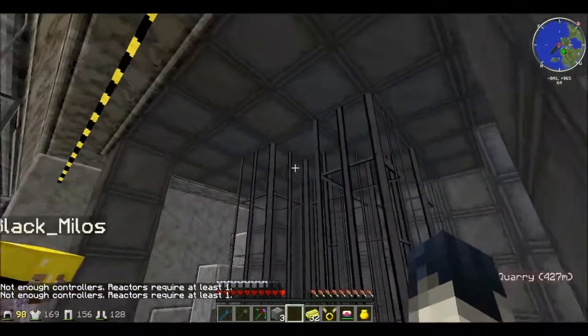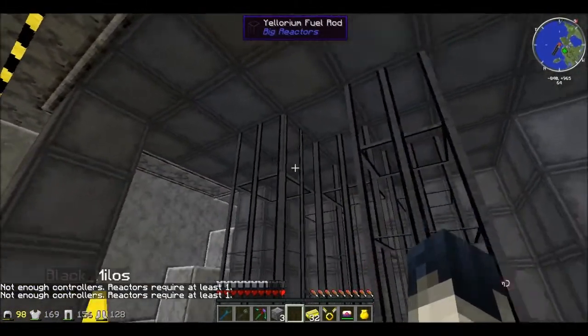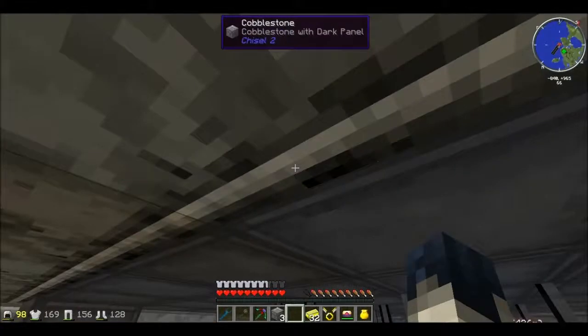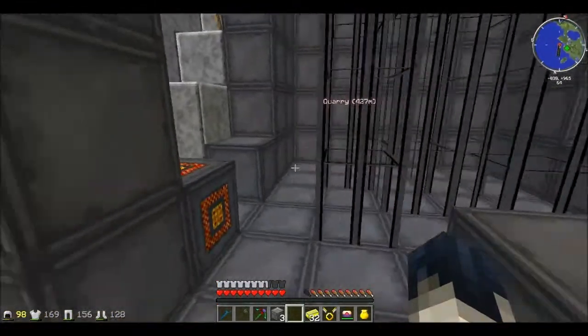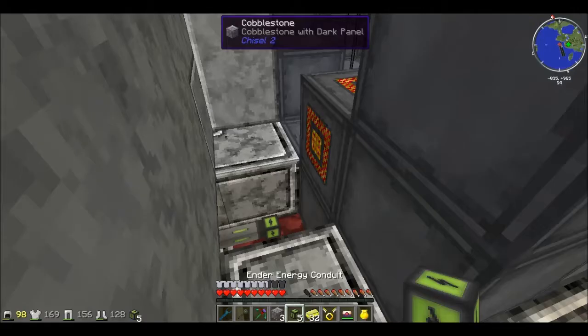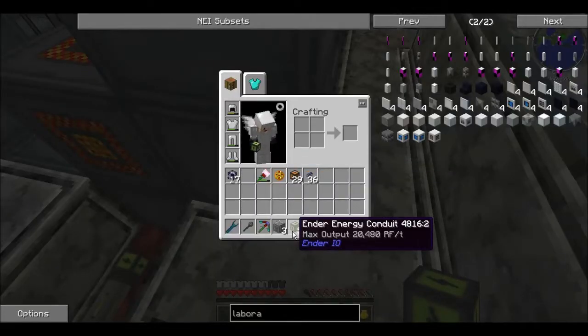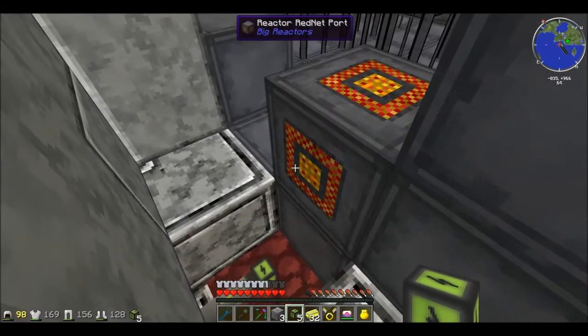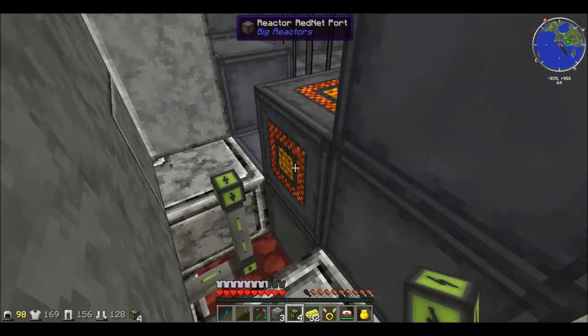But now, as we set up this thing, we are not able to control them because we cannot access them from the top, and we actually don't need to access them, so that's a good thing. So I just built this Ender energy conduit, which can output 20,000 RF per tick. So that will go straight into our...